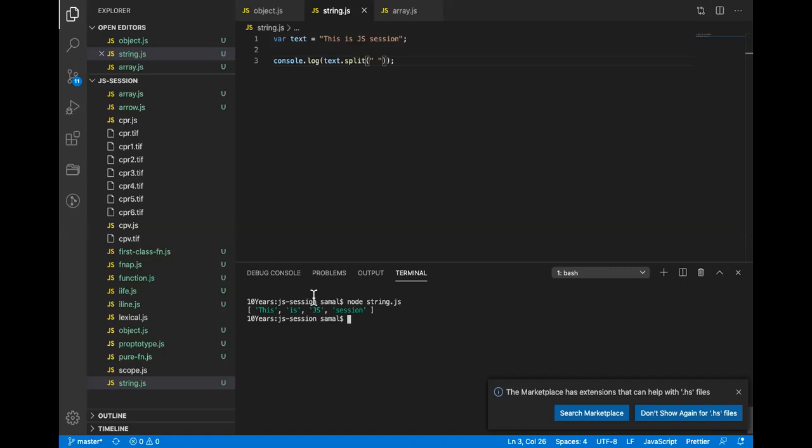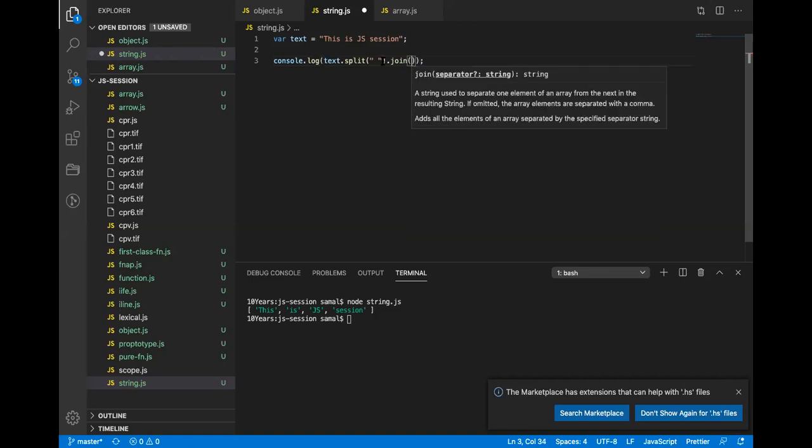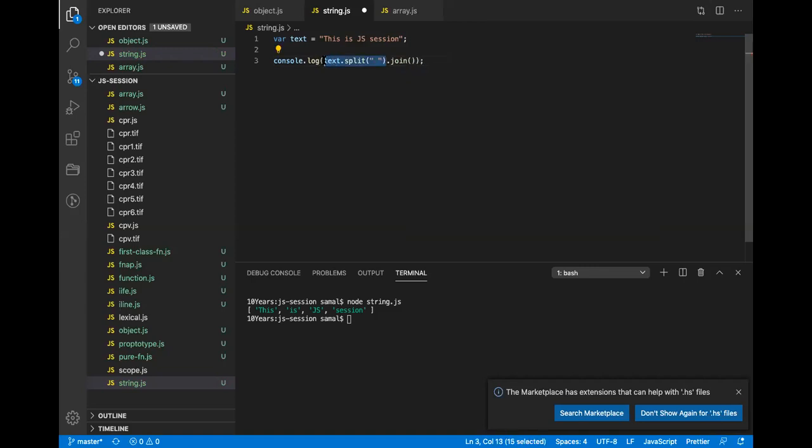Split is again very heavily used. Sometimes we want to normalize the text and remove the spaces from whatever text. So what we do is a split, right? Because it creates an array, and on the fly, because JavaScript gives us flexibility, we can use join. Split is used on a string and returns an array, and on an array we can use join, and we join using a dash.